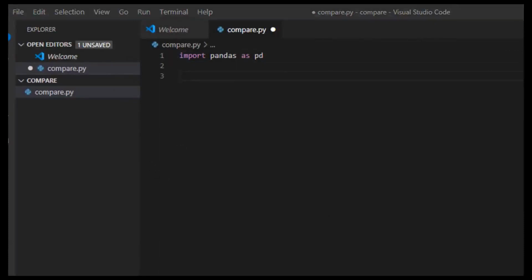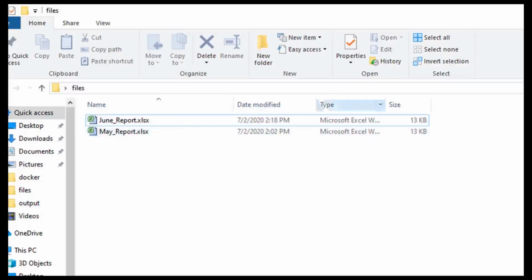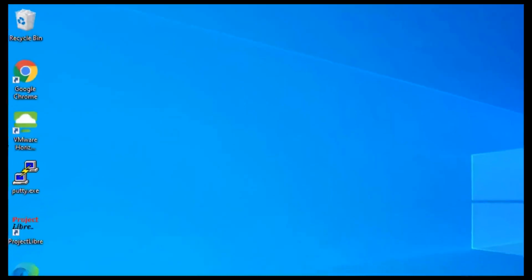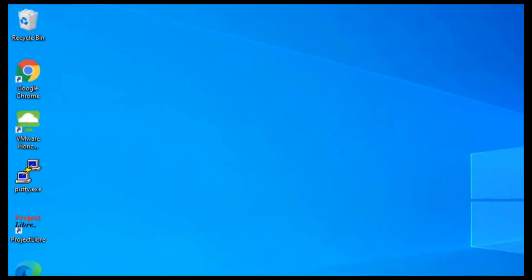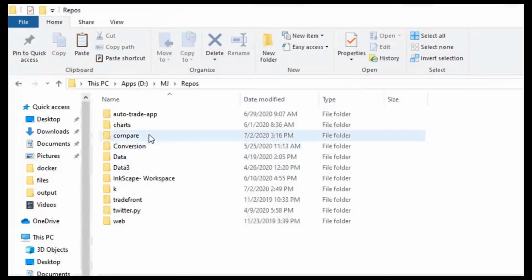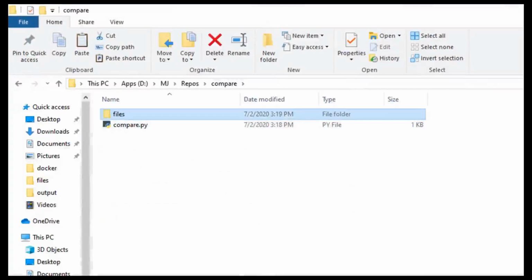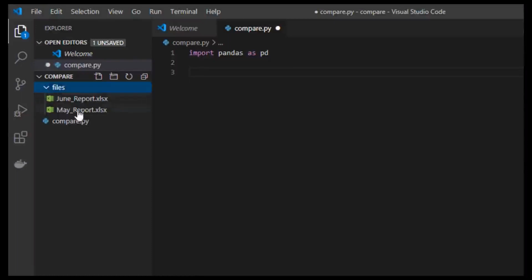So let me go back to the desktop and copy the files, come back to the compare folder and paste the files here, and now you will see the two different files inside my workspace, which are May report and June report.